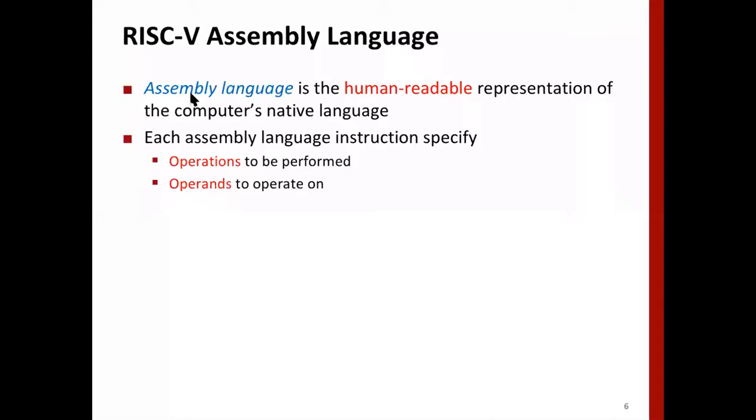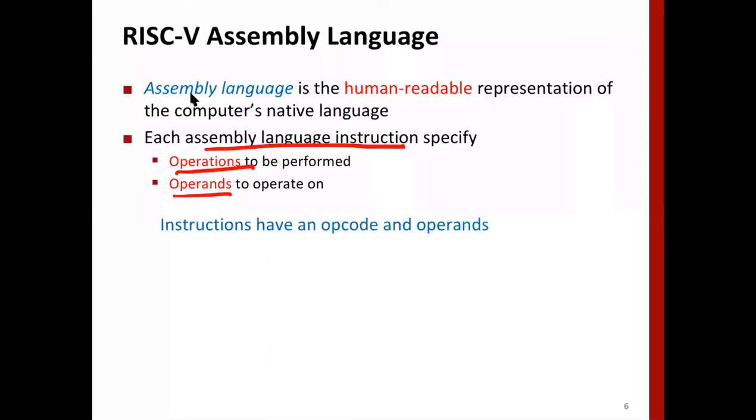We'll look at the role of the assembler a little later. The next four or maybe five lectures will be on assembly language programming. Once we understand these instruction sets, or the instructions within this set, then we can easily do programming, and that's what you are going to do. Each assembly language instruction specifies the operation to be performed and the operands. This is what we have seen earlier also, and the same is true for machine instructions, because there is almost a one-to-one mapping between assembly language instructions and machine language instructions.